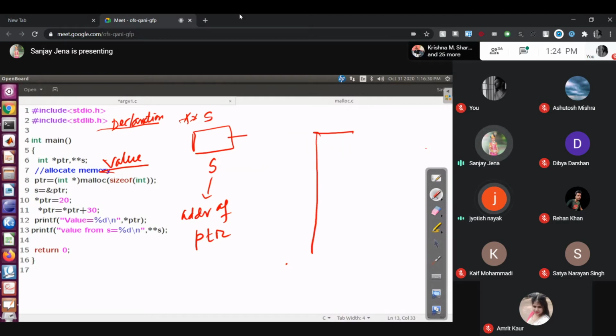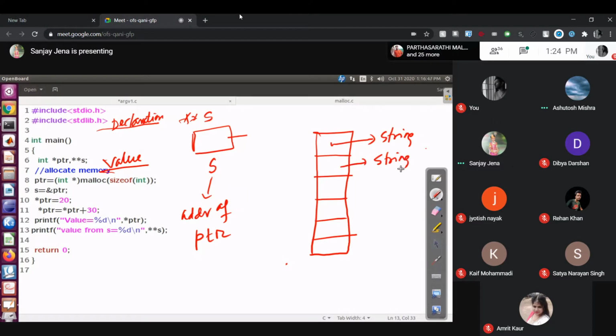How much is to be allocated? Each is pointing to a string, right? What is a string? An array of characters. And this is a pointer, right? Yes.